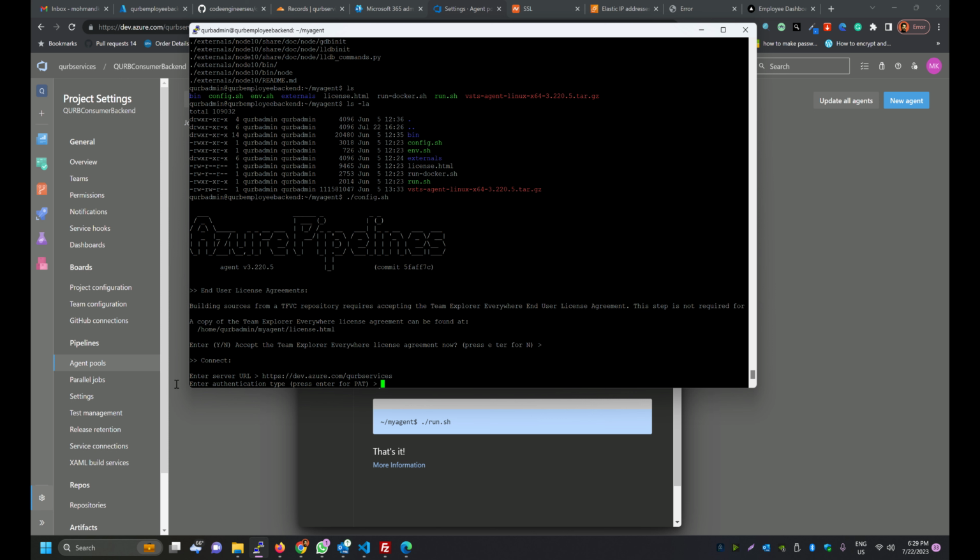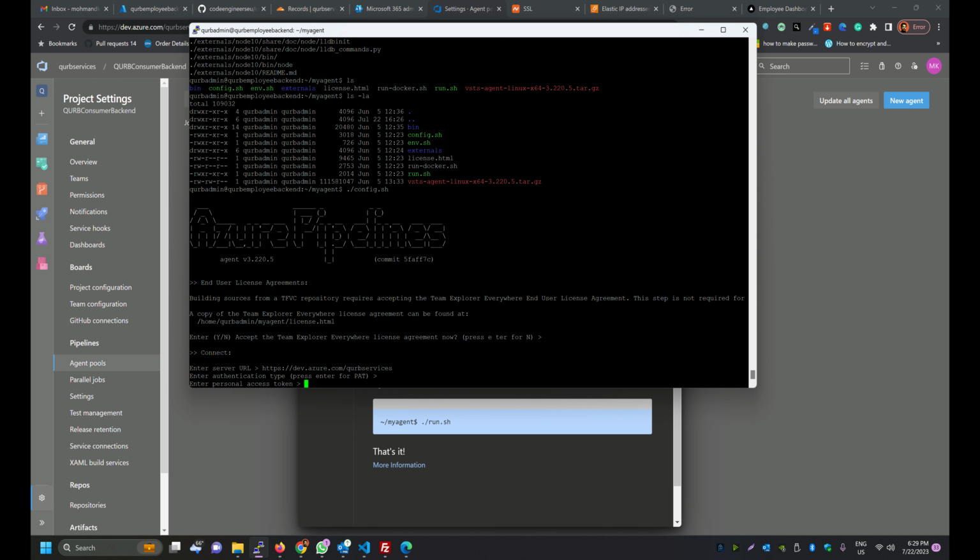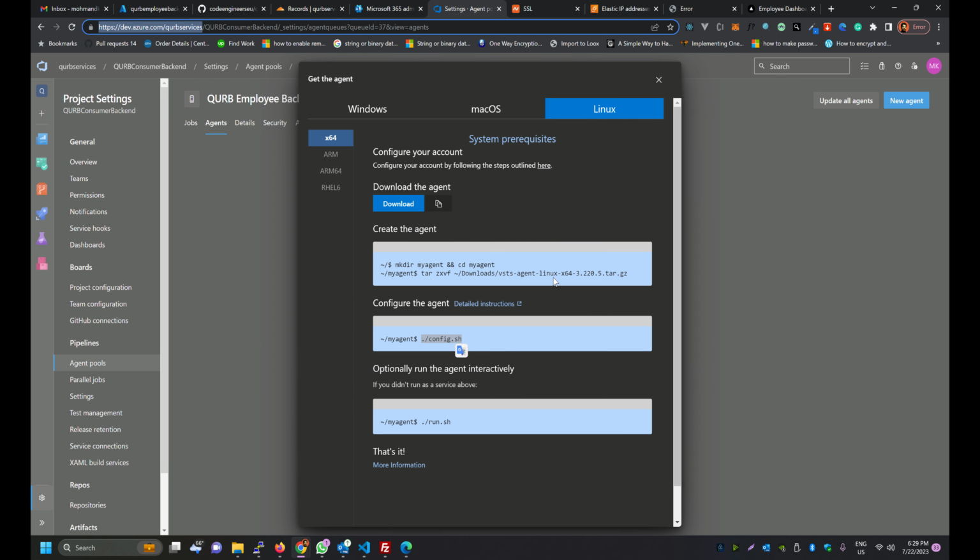It says please enter authentication type. So personal access token is the way that is preferred. So I'll enter it, and it will ask for the personal access token. Now how can we generate the personal access token? You can come back to the window where these instructions are. You can close this one,